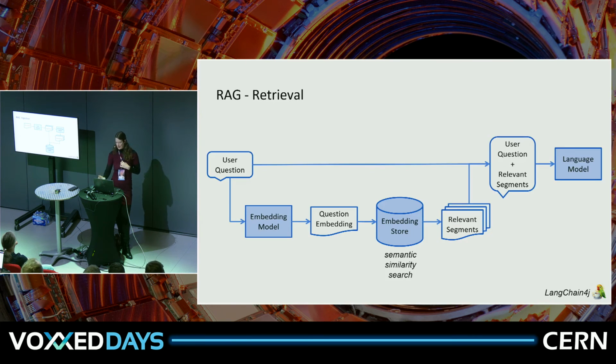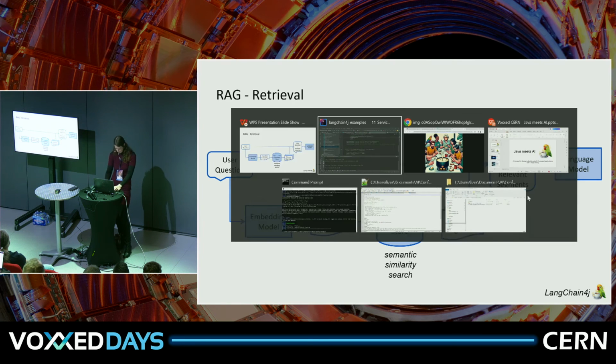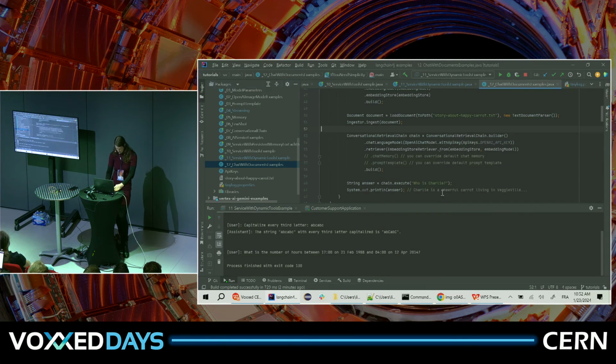That's separate. Then in your real running application where you have your chatbot, your user will ask a question, and you will embed the user question. So we vectorize the meaning of your user question, and then we search in this embedding store which vectors are most similar. Again, there are a lot of parameters to set there for which ones you actually retrieve. You find the most relevant segments for that question, and then you give both the question and the relevant segments to your language model. We have an example here.